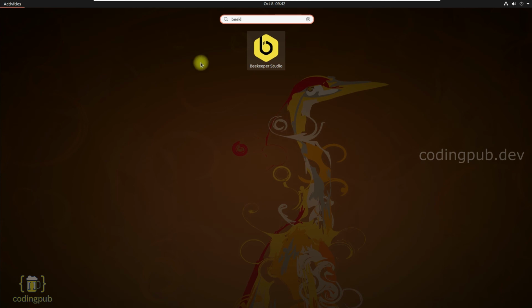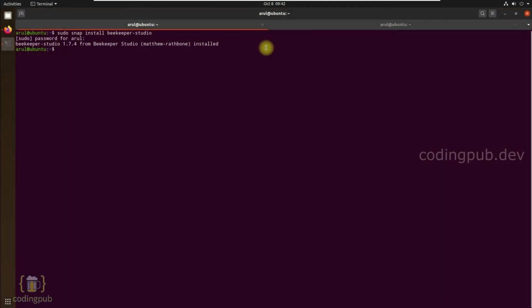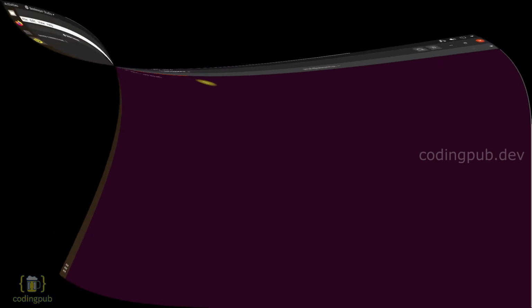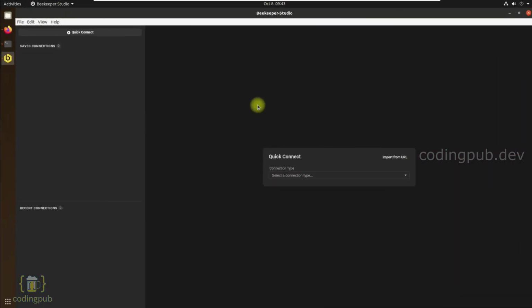Once you see the application, just click on it and the application should start opening. Since this is the first time we are opening the application, it might take a few seconds to load, so please wait till the application is open. As you can see, the application is opened successfully.